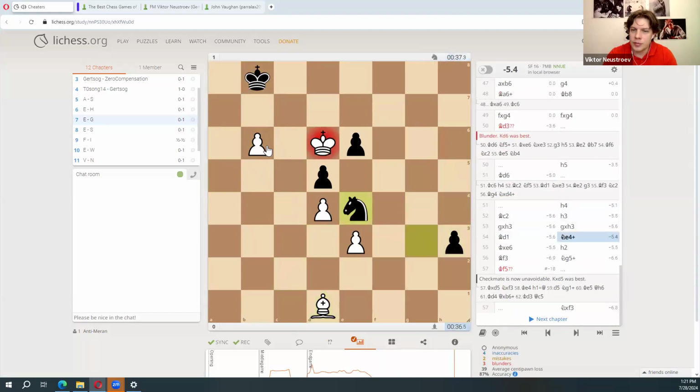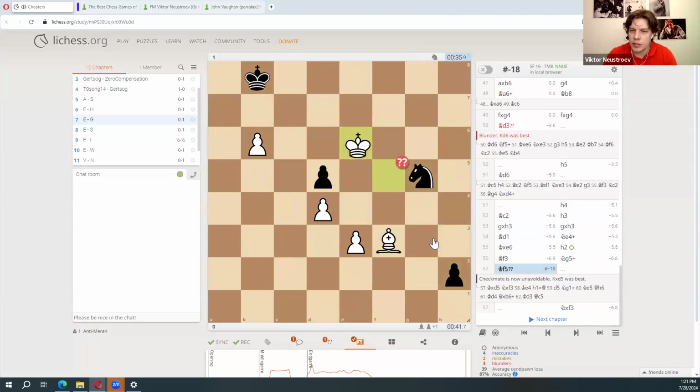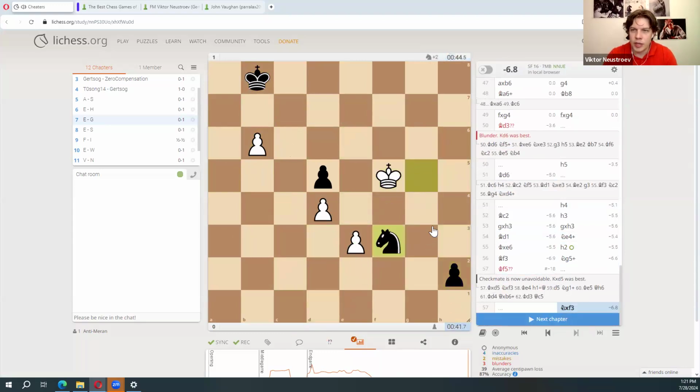And black actually plays this move and wins the game. Because the only way to save is bishop f3, but then knight g5, f4, and the h-pawn is promoted. This is what exactly happened. So black won. What do you think? Is it a normal game or black was cheating?